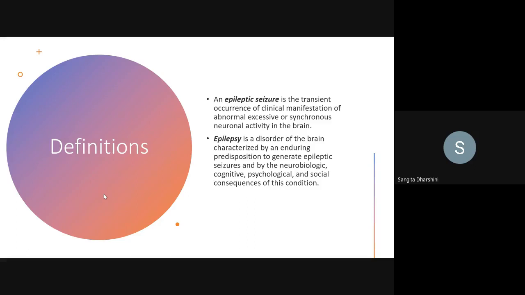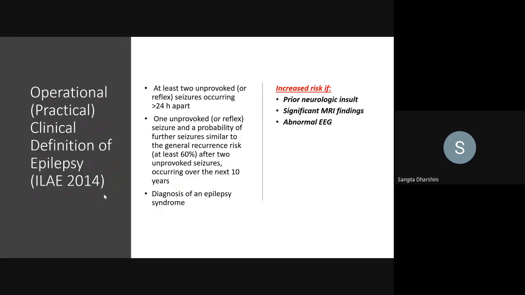Such a mouthful, right? But I like the operational definition, so I like to use this. If a child has at least 2 unprovoked seizures occurring more than 24 hours apart, we would label this patient as having epilepsy. Or the child has 1 unprovoked seizure and a probability of further seizures similar to the general recurrence risk after 2 unprovoked seizures, we would call this epilepsy. Or even with 1 unprovoked seizure and an abnormal EEG, if I could diagnose an epilepsy syndrome,